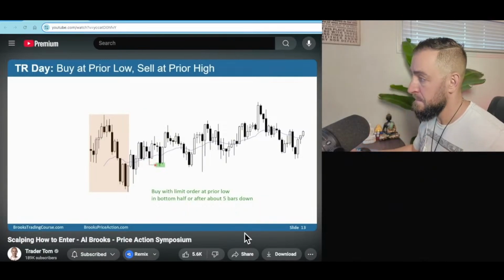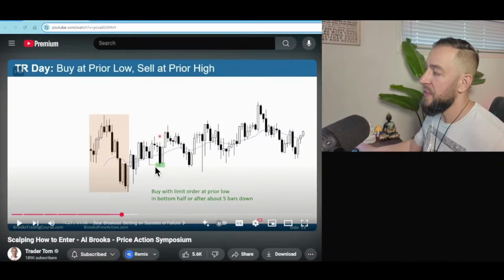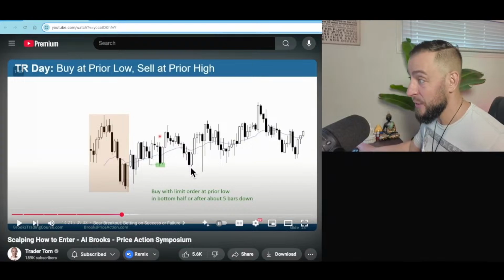They'll have a limit order to buy below that low, below this low, below that low, and they'll look to sell above a prior high. They'll place a limit order to sell at this high. You see that? Look, if you had your order set to buy below this bear bar right here, you can see that's what traders are doing because the price went right down here and reversed up. And then look, it happened again.